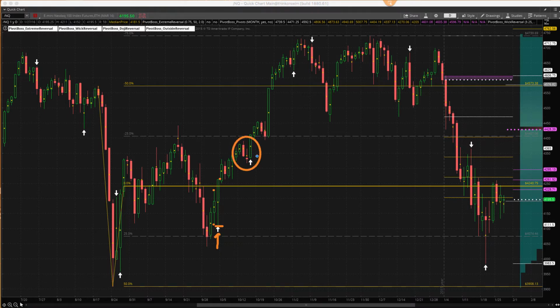This one right here appears to be a doji type of signal. I believe that's a doji from here to here, that little kind of indecision bar, and then price closed above it. Over here, this is obviously a wick reversal candlestick, very nice and long and big there. This one is another extreme, an outside reversal, high above the high, close below the low. So each of these signals are very important, but obviously when you're looking at this and you're saying, okay, here's